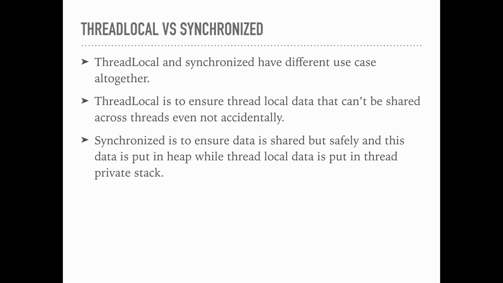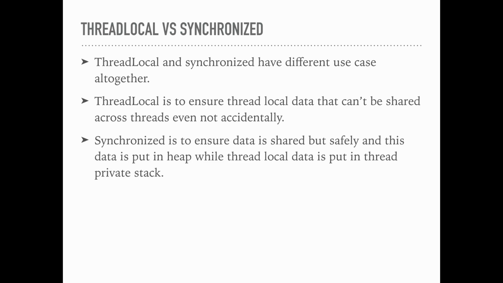Thread local is to ensure data is not shared across the threads, while synchronized is to ensure that while the data is shared across the threads, it is accessed by only one thread at a time. Now, how is this done? Thread local ensures this by putting data in thread private stack so that as soon as the thread dies, the data also dies. While in synchronized, data is put in heap,